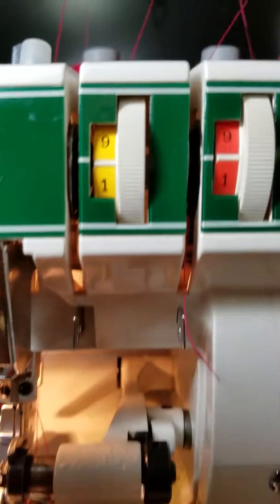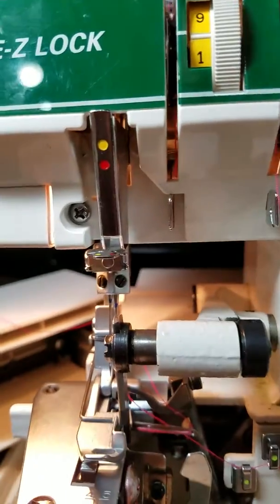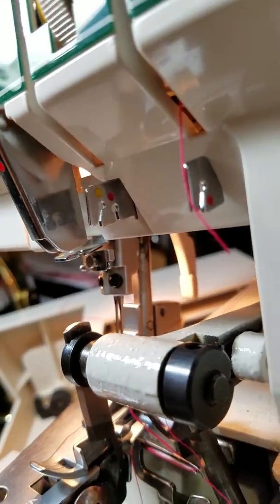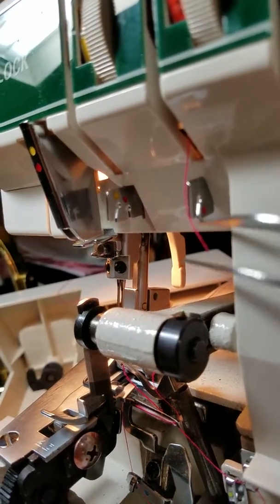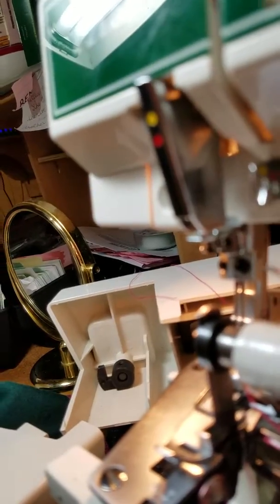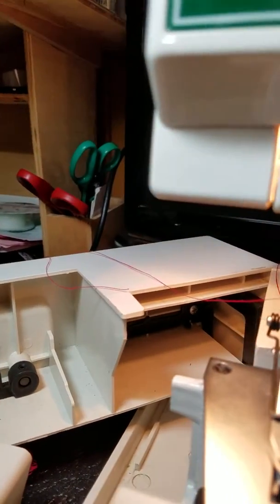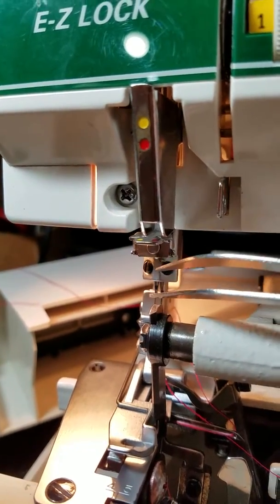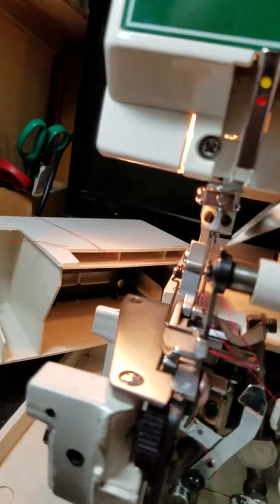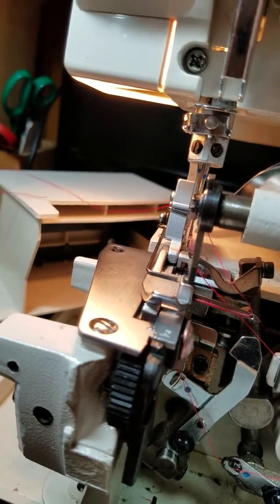But anyway, you can see here, I'll just point it out with my tweezers. Okay, this is your right needle, which on this serger is orange, and this is your left needle, which is yellow. And hopefully you can see the right needle goes through this red guide first, and this red guide that is on the right here. Then it's going to go over this, and for the right needle there's a little red dot right here, orange dot, and there's also this notoriously tricky other little tension goodie, and then you thread it through the needle,